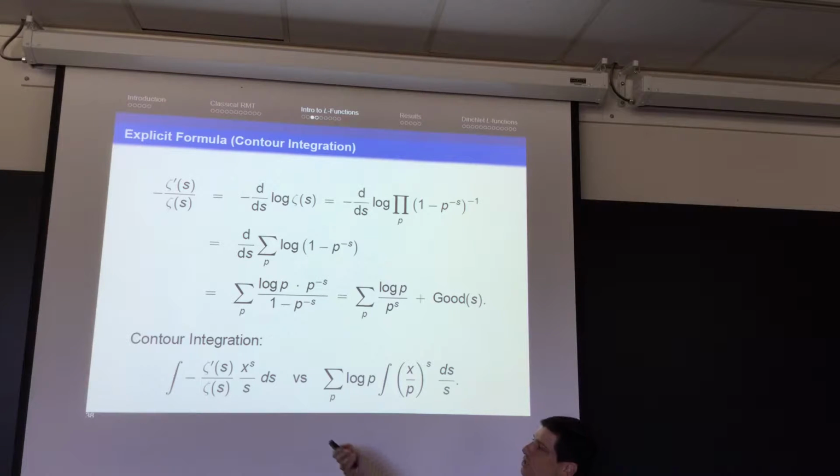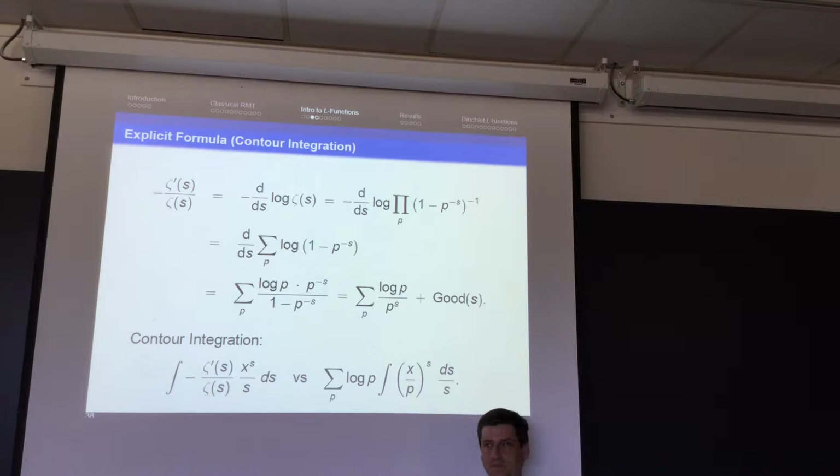So explicitly, we'll integrate against x to the s over s. And if you've done complex analysis, we'll do a contour shift, and you get a contribution over the zeros and the poles. This is a sketch of the proof of the prime number theorem. Zeta has a pole at s equals 1, so you're going to get a contribution of -1 because it's a pole. Negative times negative is a positive. You'll get an x. And then you have an x to the s over s at every zero. And if the Riemann hypothesis is true, that's going to give you things of size square root of x. And this is where the error term is coming from. And so the larger the real part of a zero is, the larger the error is going to be